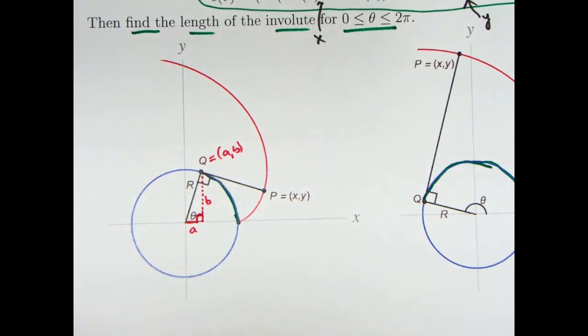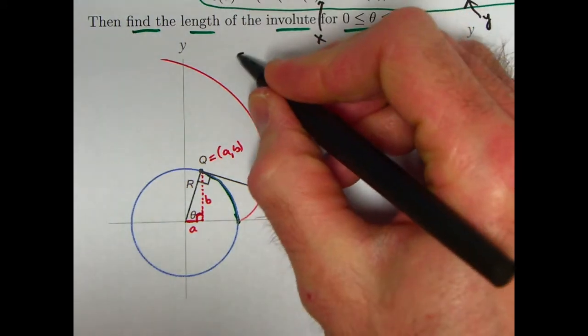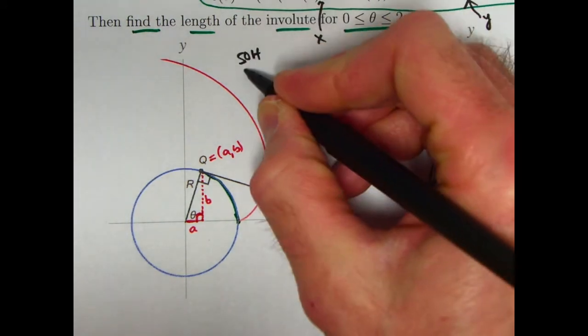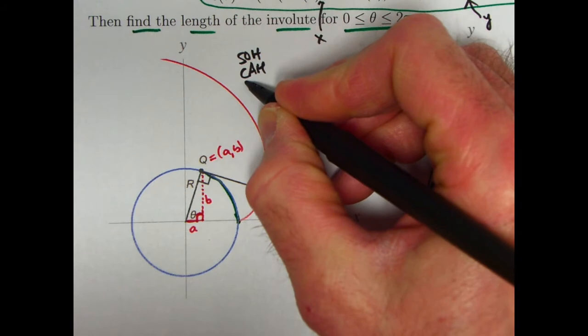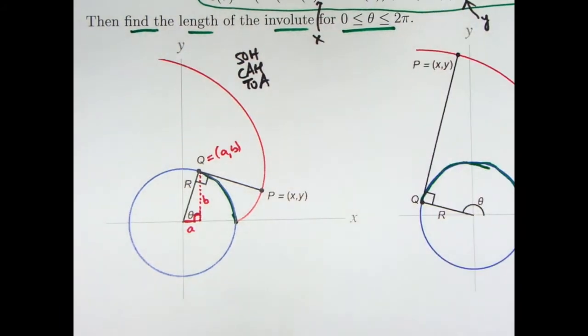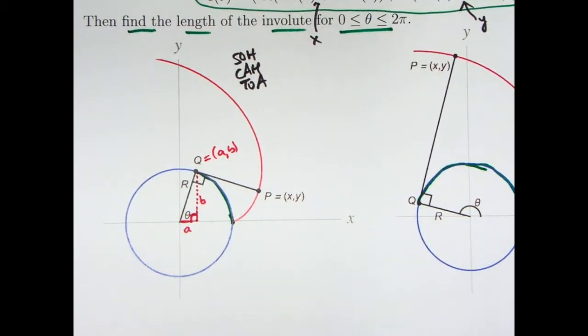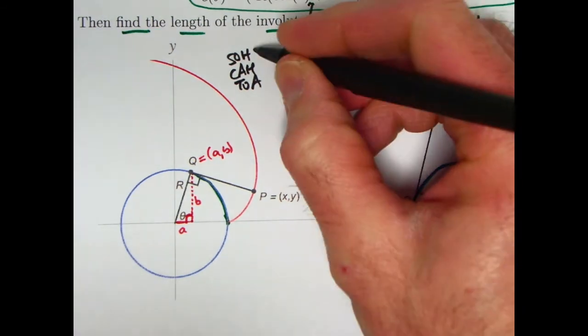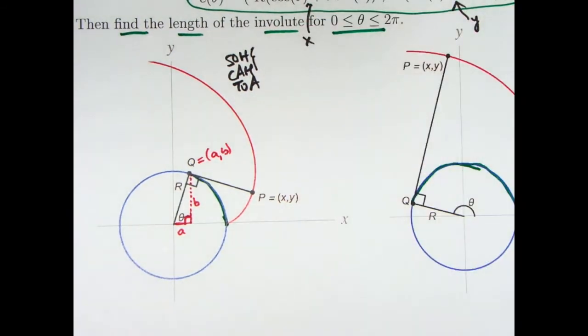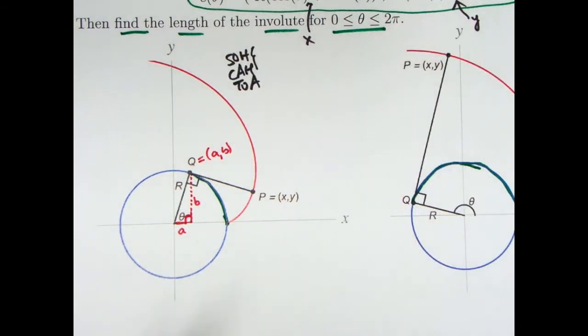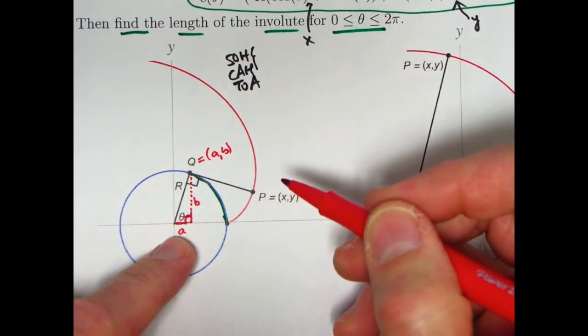Okay, so based on that, and thinking about good old SOHCAHTOA, you can get a and b in terms of r and theta pretty quickly. Focusing on SO and CA, sine is opposite over hypotenuse and cosine is adjacent over hypotenuse. For this right triangle here,